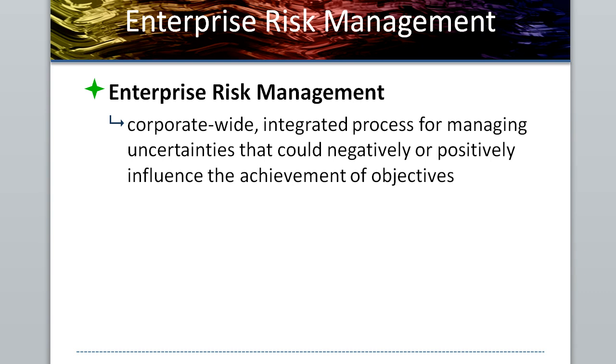Enterprise risk management, this is a company-wide look at processes that management would deem risky or uncertainties that could negatively or positively influence the achievement of objectives. So enterprise risk management is really just trying to put a measurable risk on all the activities of the company, everything that could go right and go wrong,